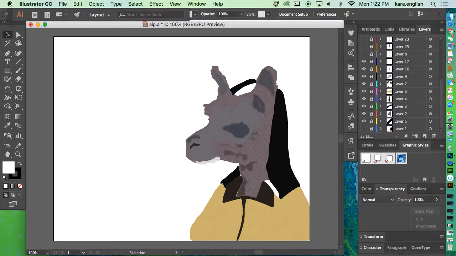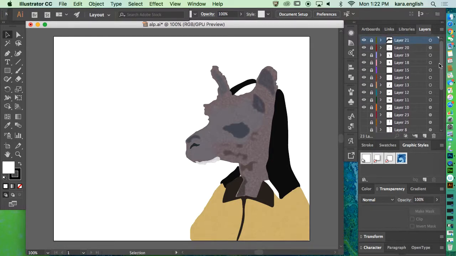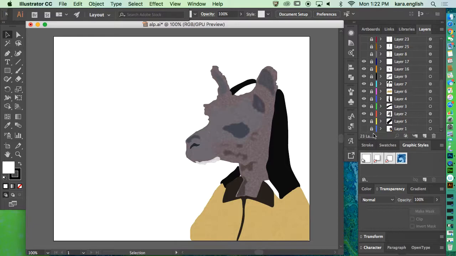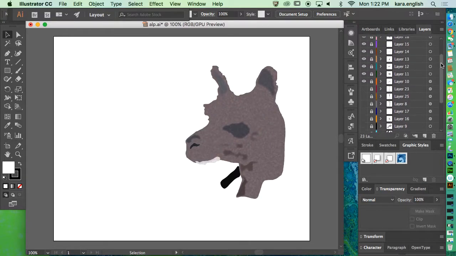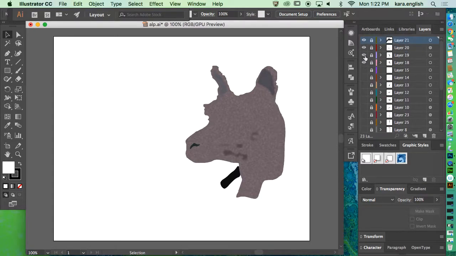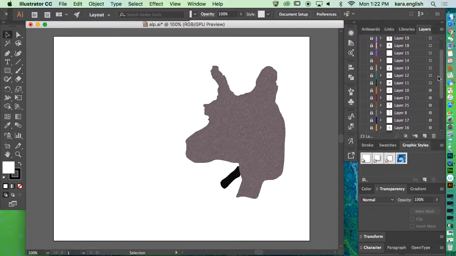I am here in Illustrator working on my alpaca, and the one thing that I wanted you to see that I have going on here is using the texture and the transparency in layers. So I started again, working one little bit at a time. And there is my background layer for my head, and all of the texture that you see going on here